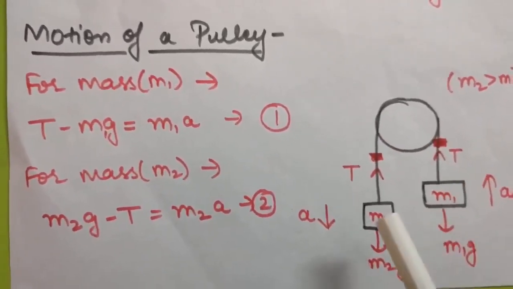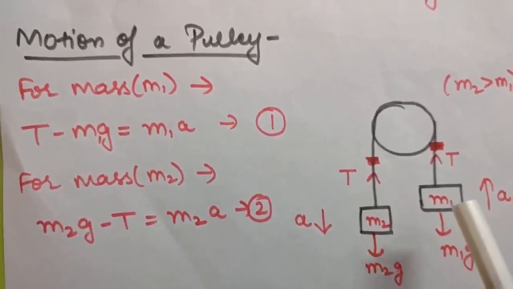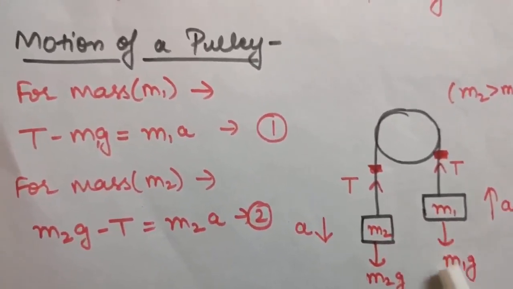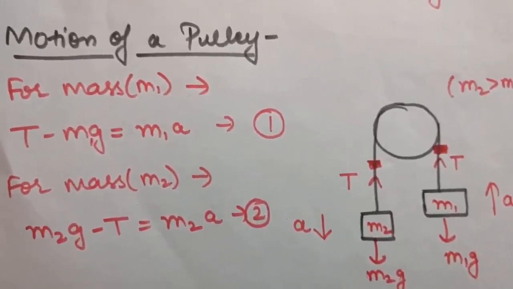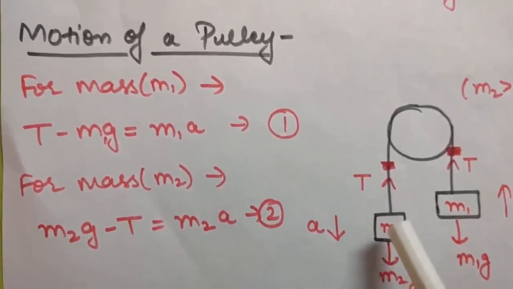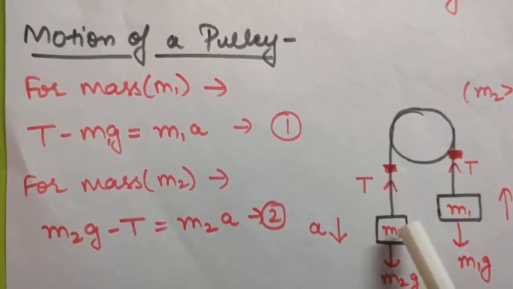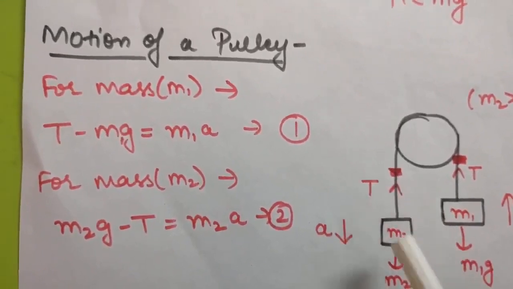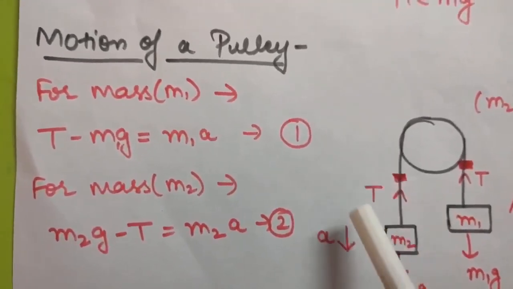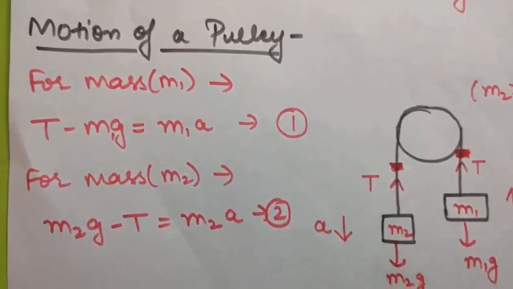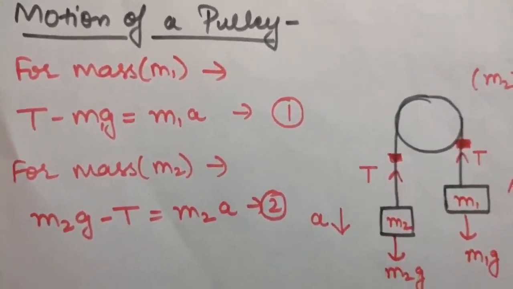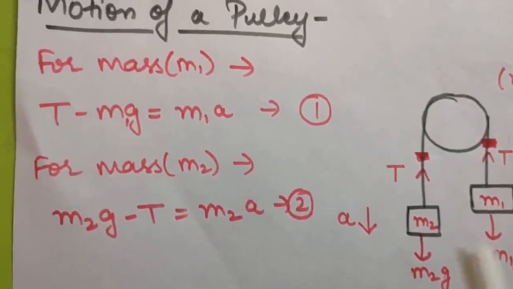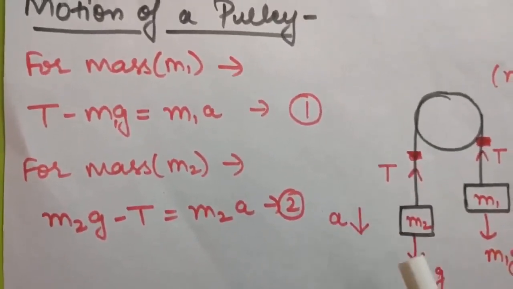Now you know the weight of both the masses will act in the downward direction. So here m2g will be acting downward, and for this m1g will be acting downward. Now see, on this block, this is m2g, so this weight is nothing but the action. Therefore this wire or string will apply some reaction force. That reaction force is denoted by T, which is called tension. If you are given any rope, wire or string, the reaction force that comes into play in it is called tension. So these are nothing but action-reaction forces.